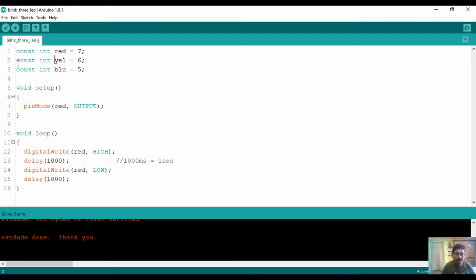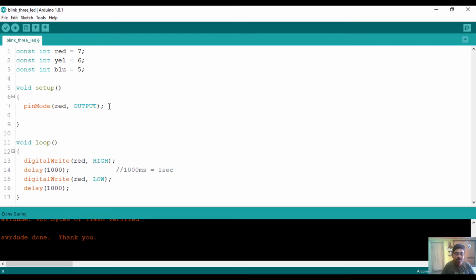Here you can see I am declaring two more LEDs, LED yellow and LED blue, connected to the 6th and the 5th pin of the Arduino. Similarly, I am going to add two more lines and define the 6th pin and 5th pin as output.